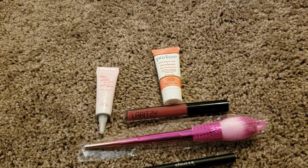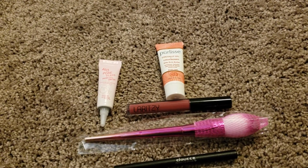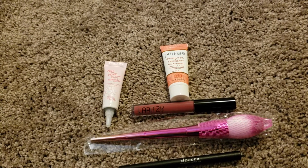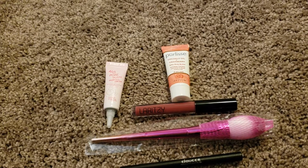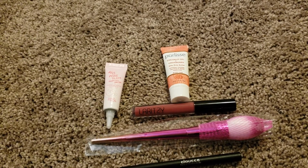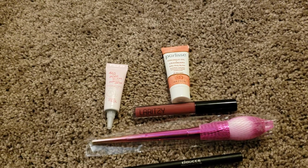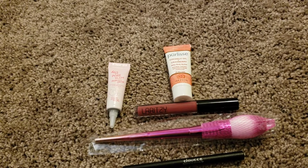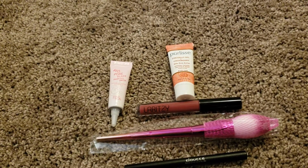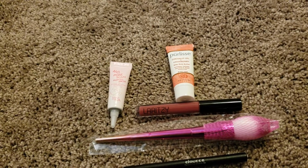Now the first one that I gave you was the Laritzy Lip Gloss, and that one is cruelty-free, vegan-friendly, made without parabens or phthalates. I can't pronounce that. So there's no harm to the animals. Then the Pearlescent is a lotion with a gorgeous formula infused with coconut oil, hydrates, and coffee to energize the body, leaves the skin glowing and super soft. And the Douce one,